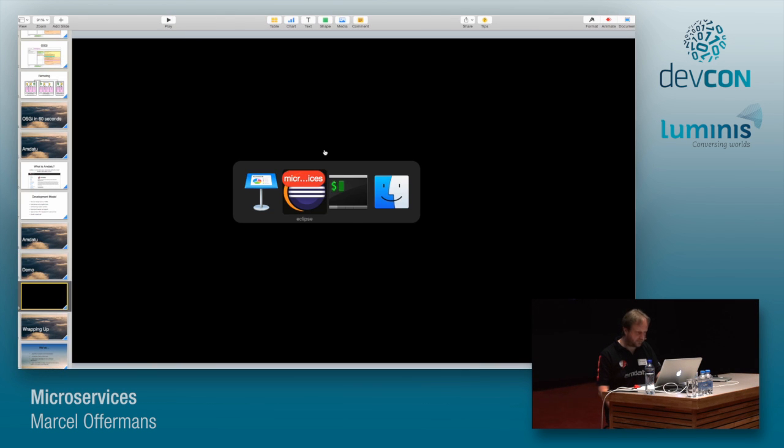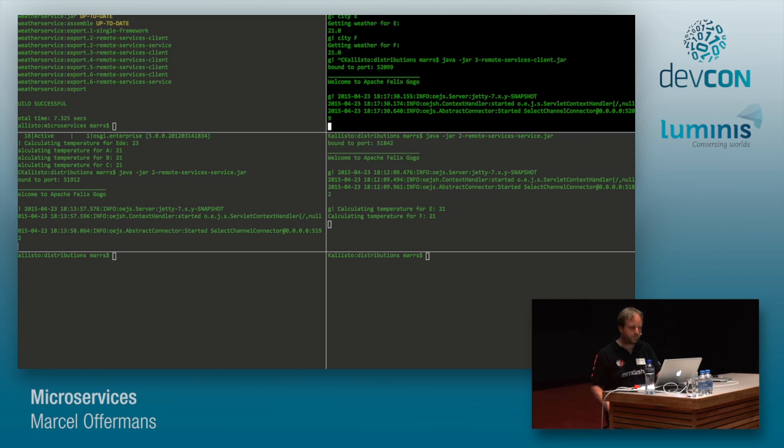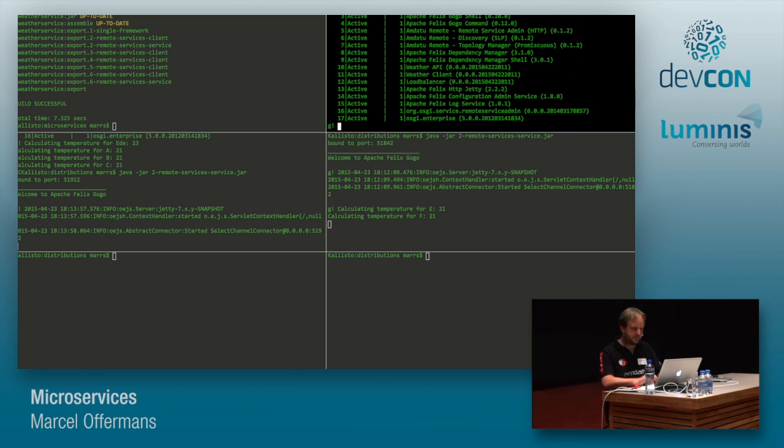That's the wrong one. That's better. So my client is still running, and I need to stop that because the load balancer is actually part of the client. So let's try to start this one, and I'll list the bundles again. You'll see it still contains the weather client, the API, and also here the load balancer that we have, which will reroute the traffic. So let's see if that actually works.